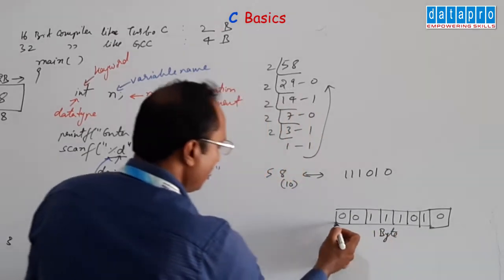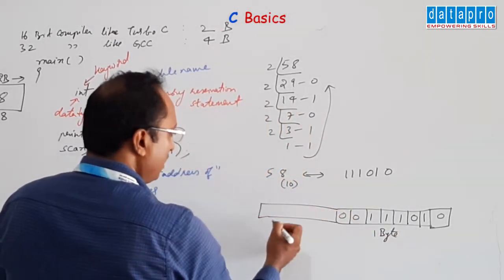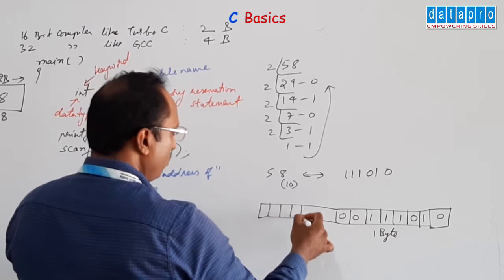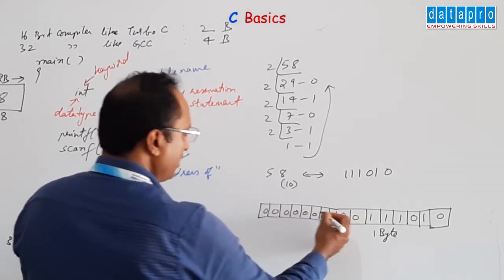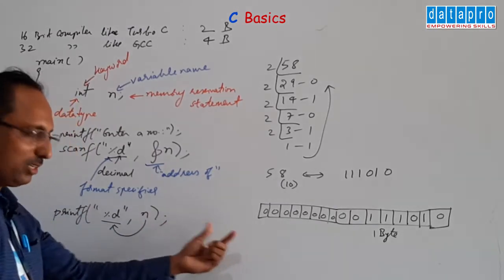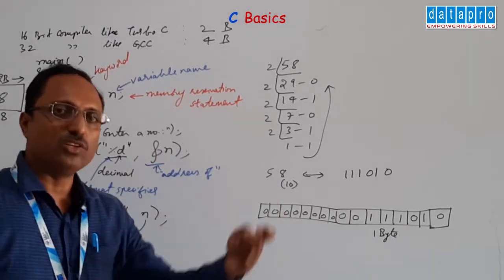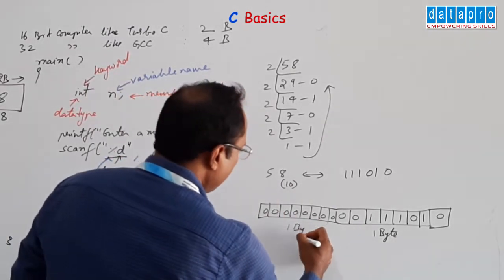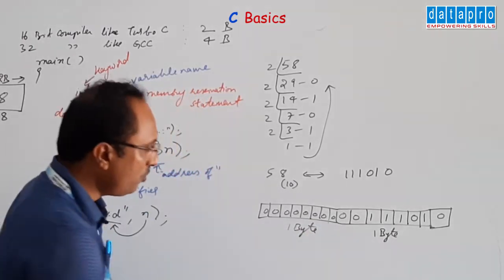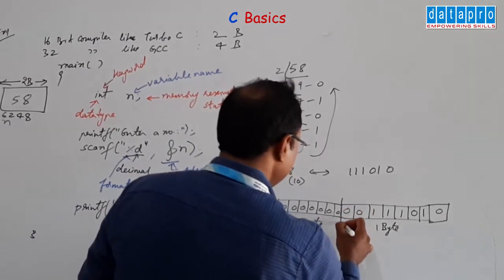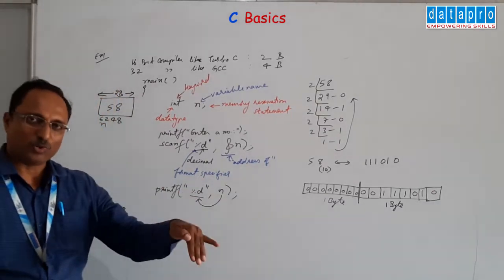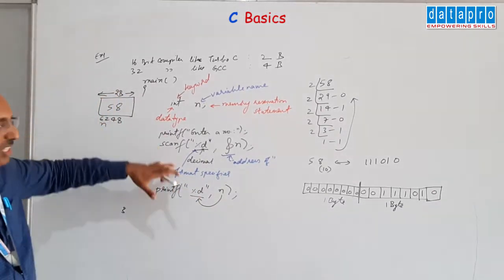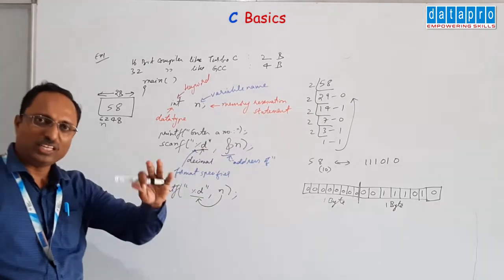Then what of the other byte? On the left hand side, again 8 bits, all would be filled with zeros. With a 4 byte value, again 1 more byte and 1 more byte, all would be filled with zeros. That's how the value is stored in RAM. I hope you understood this concept. Let's move on to the second program. If you understand this, the remaining programs will be easier for you.